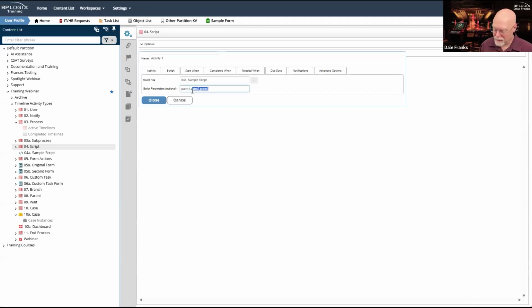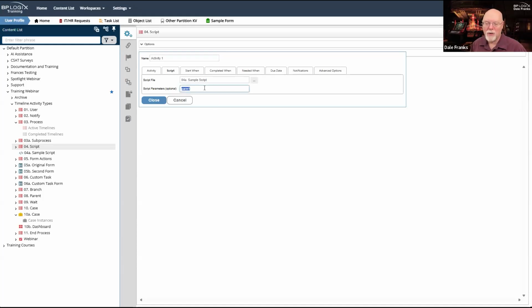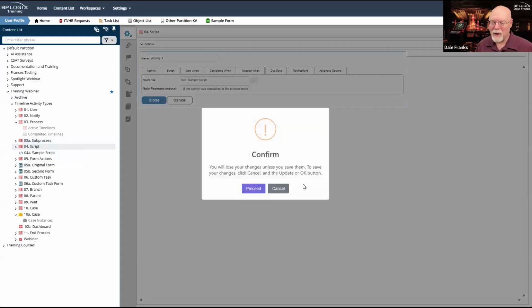Also problematic, there's going to be that. I have 2 parameters, so I need two parameters here in my script parameters separated by commas. Couldn't think of the name of the punctuation.